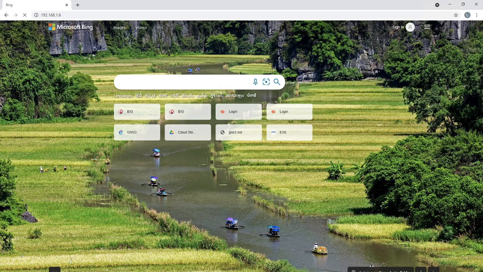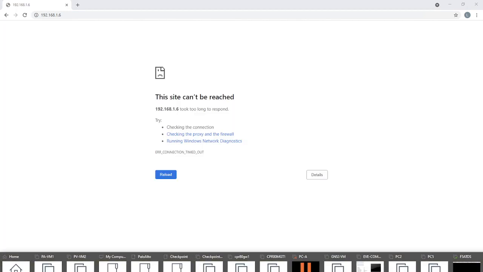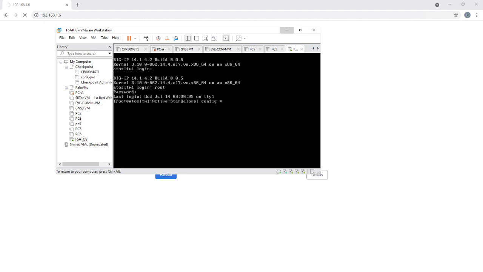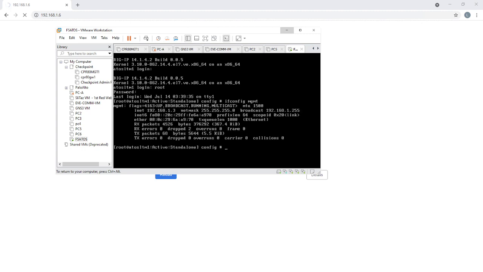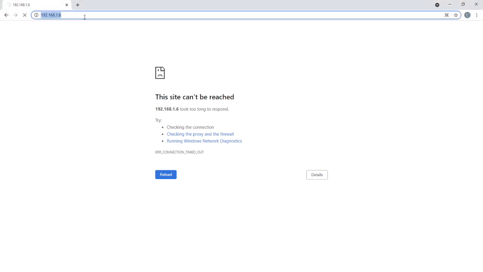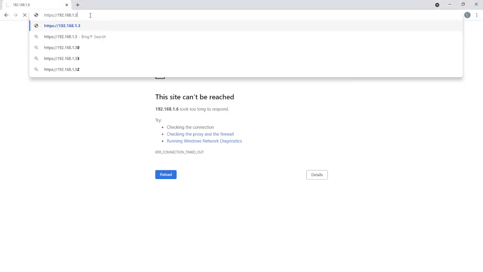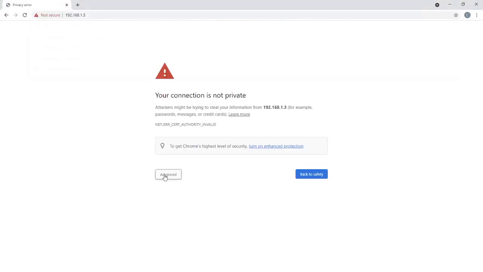I'm not sure whether that is 1.6 or not. I'm sorry, since I've configured it to receive the IP address via DHCP. Okay.